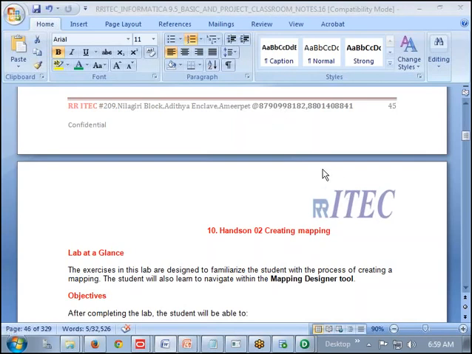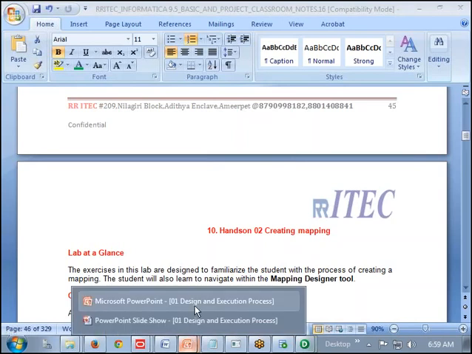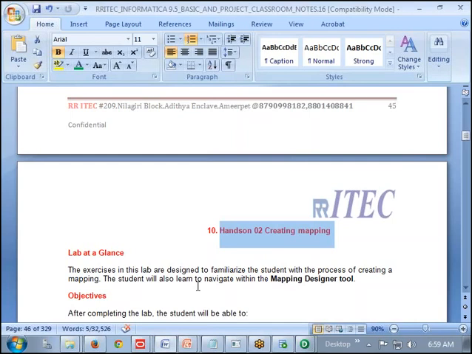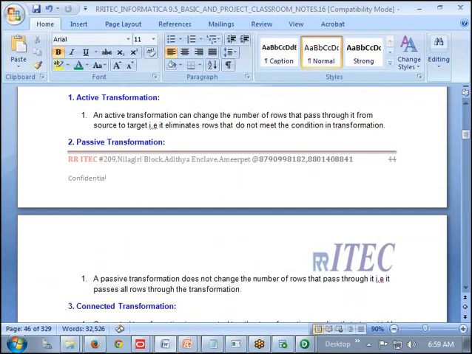Now if we go for some questions: Ideally all transformations should be connected. Not sure how it could be unconnected. How it will be unconnected, that's what we are going to understand tomorrow, Krishna. Don't worry, I am going to explain that one. Tomorrow we are going into detail about all these four properties.